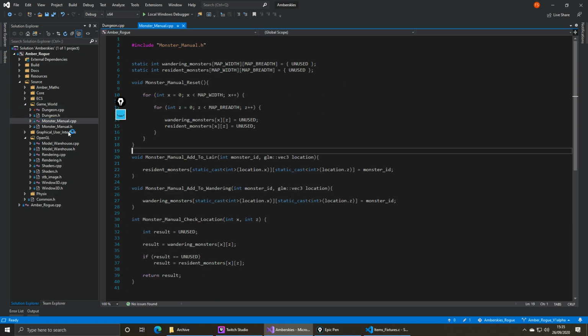The monster manual. Data management. That's all it is. Look, 2 arrays. Wandering monsters and resident monsters. Arrays full of data, which starts off as unused. Or -1. See, it tells me on that one that it's -1. It's 80 by 40 integers of -1.